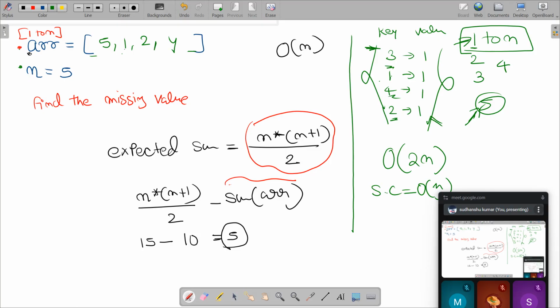Same story: you are given an integer array and a value n, and it is said that in this array every value from 1 to n is present except any one value. Find that particular missing value. If you are looking at it for the very first time, do not look for the solution on the internet. Put these two things in your mind and try to figure something out. And here order also does not matter.